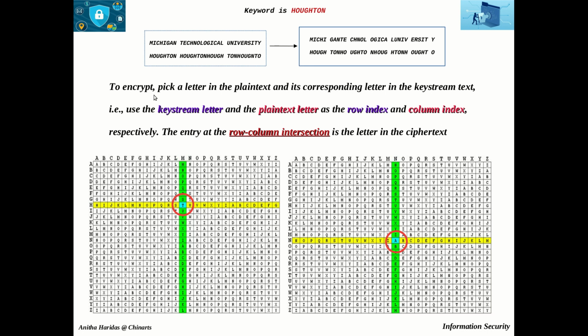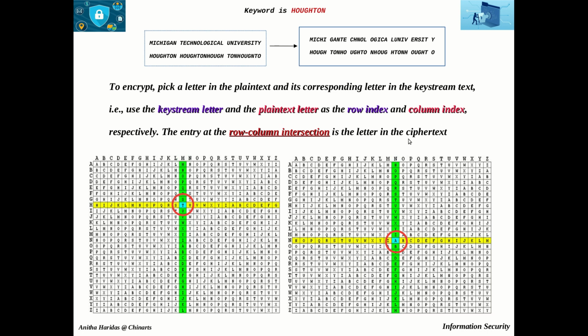Now to encrypt, what we are going to do, we pick a letter in the plain text and its corresponding letter in the key stream text will be taken, and use the key stream letter and the plain text letter as the row index and the column index respectively. Then the entry at the row column intersection will be the letter of the ciphertext.